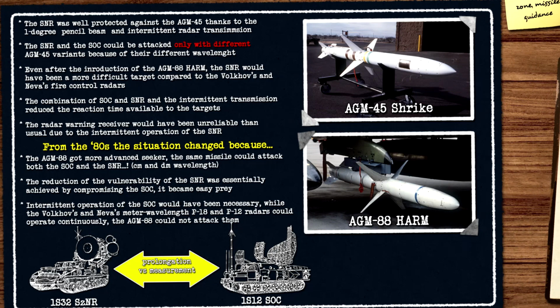mode. In the 80s, the reality might have been the intermittent use even of the SOC target acquisition radar, or the more emphasized use of the target coordinates received through data link from other radars to minimize the use of the SOC. In the absence of the SOC radar, the guidance station would have immediately switched to PI intermittent emission mode in combat operation. What was a serious advantage before the HARM era, maybe it was a disadvantage in the HARM